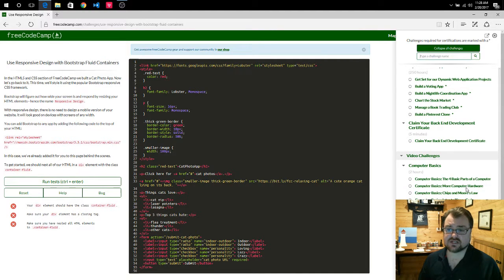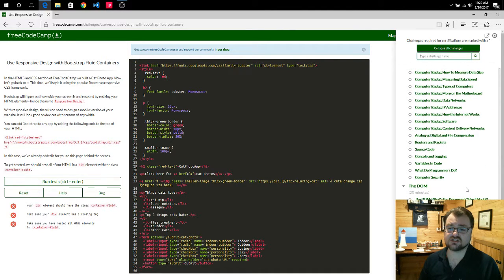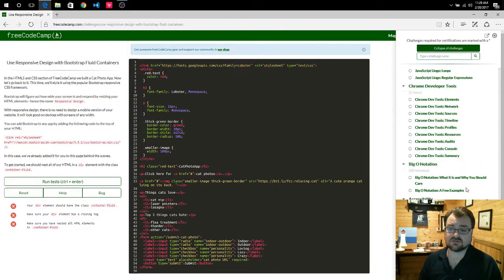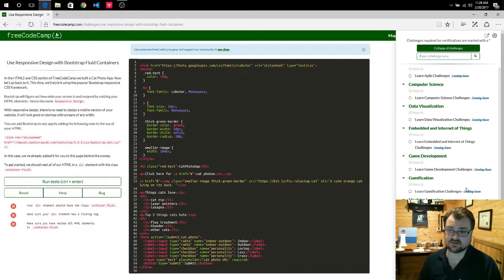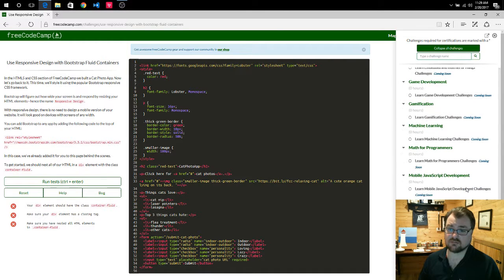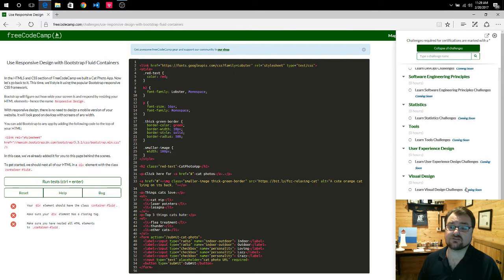And then we have some video challenges, computer basics, the DOM, JavaScript lingo, Chrome development tools, Big O notation, accessibility, agile, computer science, data visualization, embedded and Internet of Things, game development, gamification, machine learning, math for programmers, mobile JavaScript development, DevOps, software engineering principles, statistics, tools, user experience design, visual design, full stack development certification,